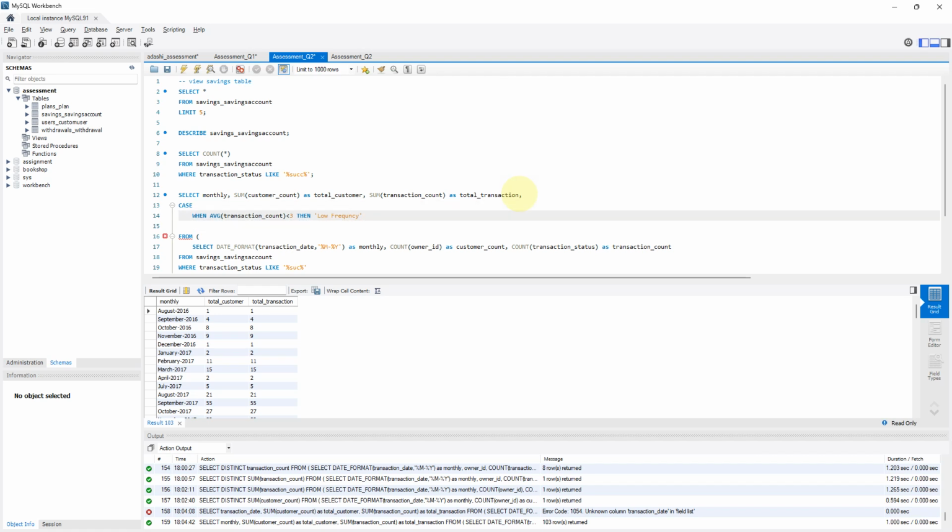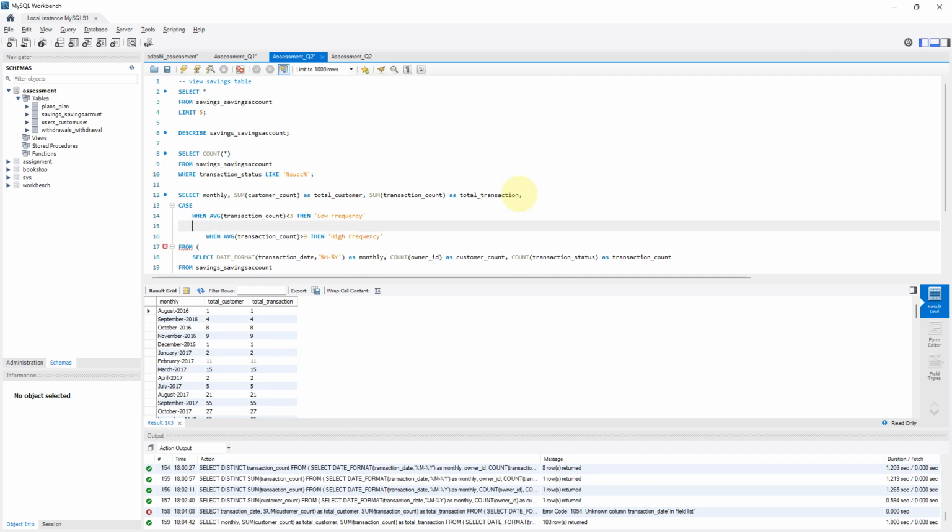So frequency. So copy, paste. I would say greater than 9 will be high frequency, right? So then the middle one will be